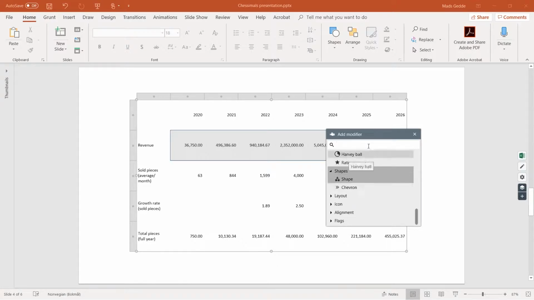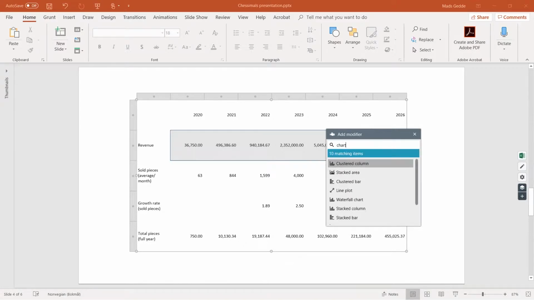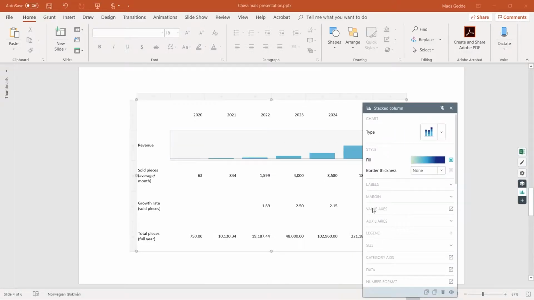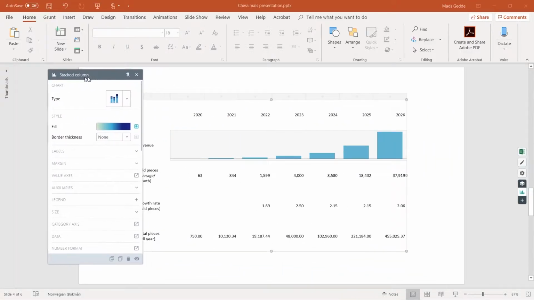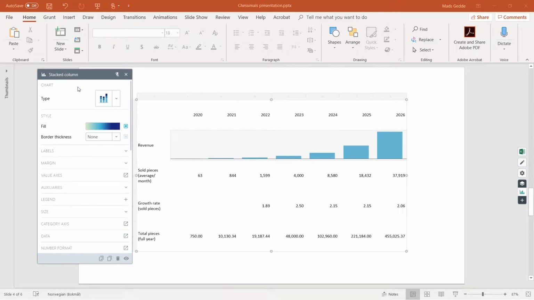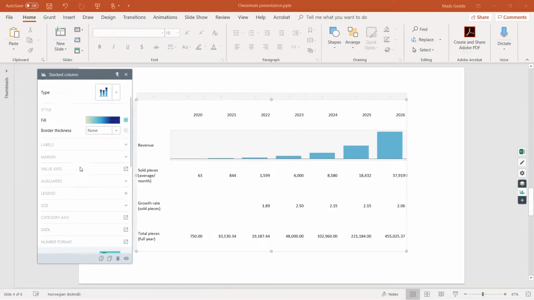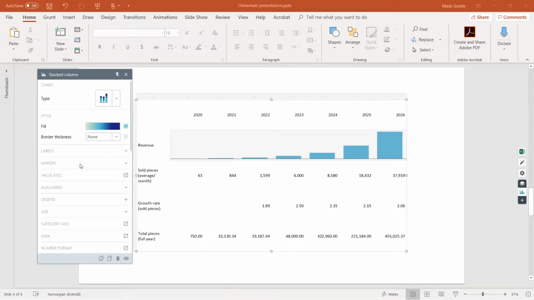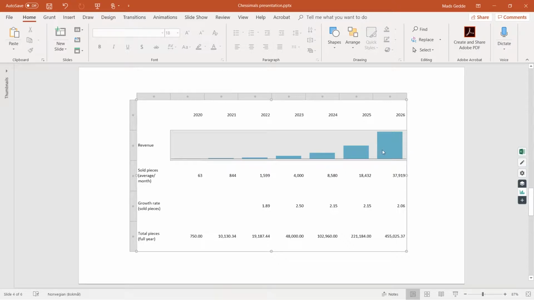In this case, I want a chart, so I'll type that in the search field. Among all the available options, I think I'll go for a column chart, so I'll double-click that option. A window appears with all the settings I can use to change the look and feel of my chart. From this dialog, I can add axes, labels, or other parts you would expect from a chart. Notice that the data was automatically transformed into a chart in Grunt, and that the chart fits into the available